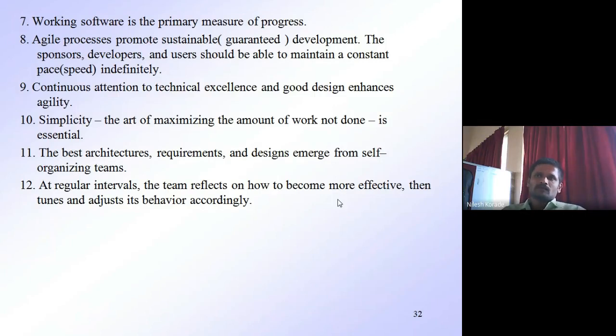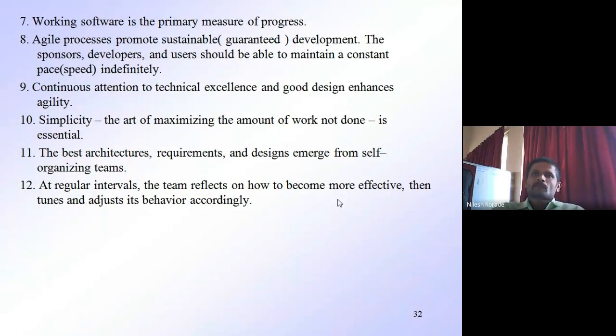To become more effective, you should tune and adjust your behavior accordingly. So your performance will be more effective than your previous performance. The people who are working in an agile team, at regular intervals, should check their performance, identify how to become more effective, and adjust their behavior accordingly.